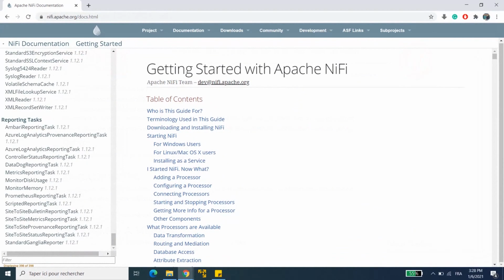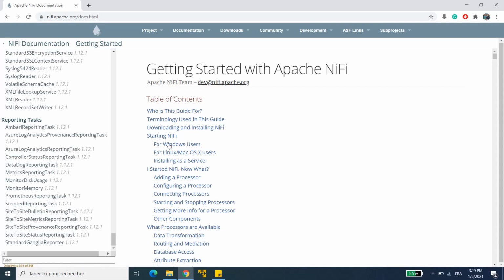Okay, so to run NiFi, we know that we need Java. But which version of Java should we go for? Can we download any version randomly, or does NiFi require a specific version of Java? So when you have these kinds of questions, ambiguities, or something is not clear for you, you should always go and look for the answer in the documentation.